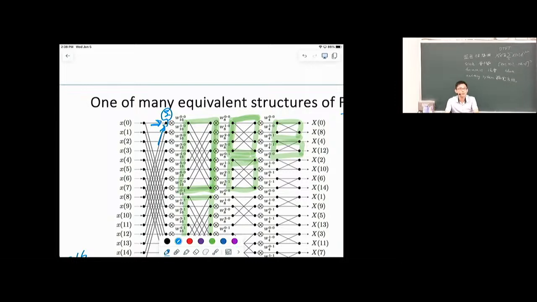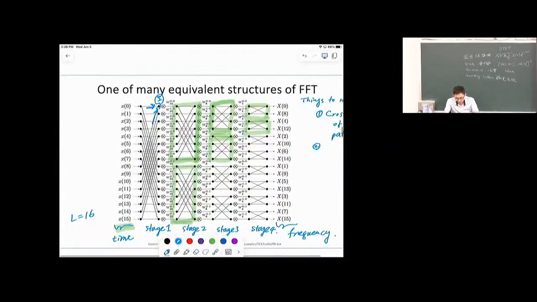But otherwise, after a detailed look, where do we have multiplications? That becomes the question. Here is just summation, but